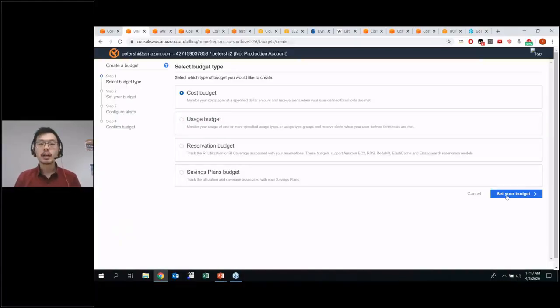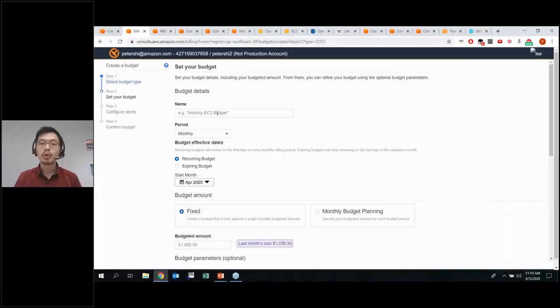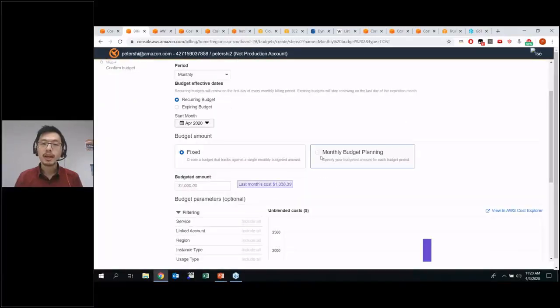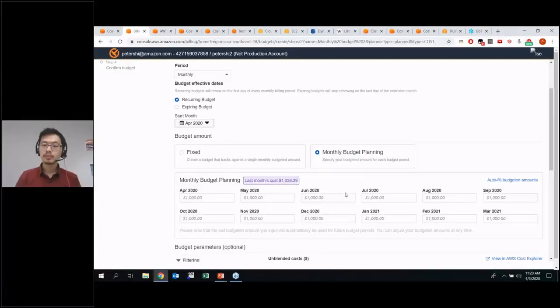And so you might be setting up a cost budget and say, for example, I want it to be roughly the same as what I spent last month. So I might say monthly budget 2. Keep the period as monthly, keep it recurring, and I'll turn it into a monthly budget rather than a fixed value. And in here, it's already telling me that I've spent $1,038 last month,